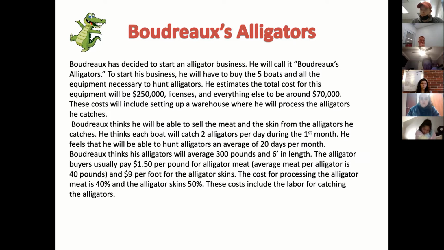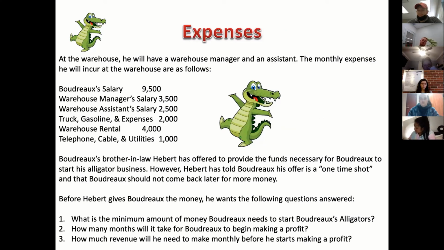So here we know his one-time startup costs are $250,000 and $70,000. He's going to get $9 a foot for the skin. He's going to get $1.50 a pound for the meat. Some alligators are going to be big, some are going to be small. But what he thinks he'll be able to do is average 40 pounds of meat and 6 feet in length, and he'll go from there. The other thing he's got